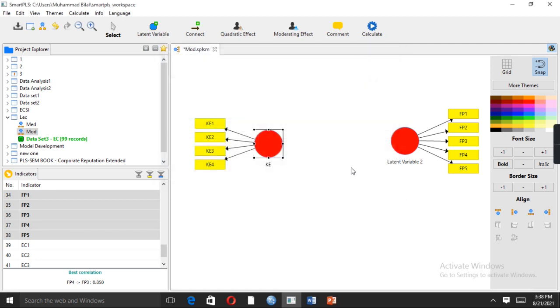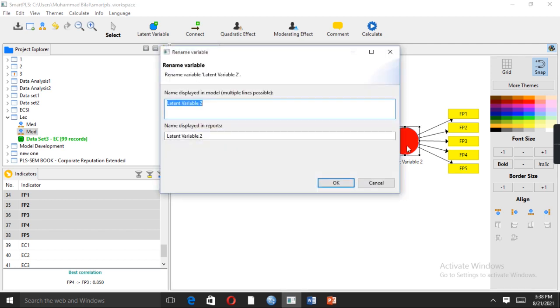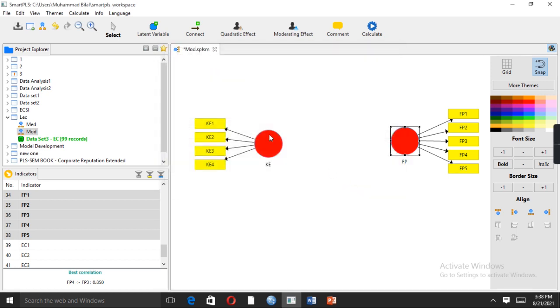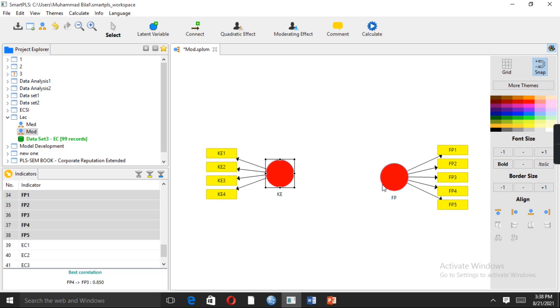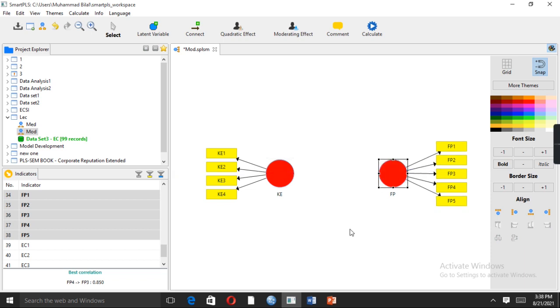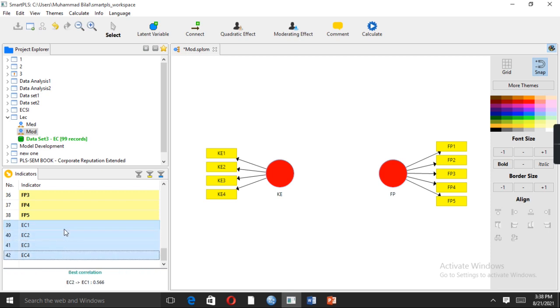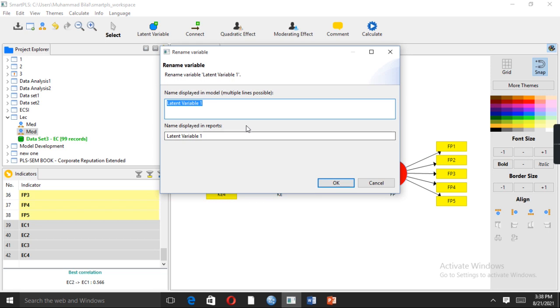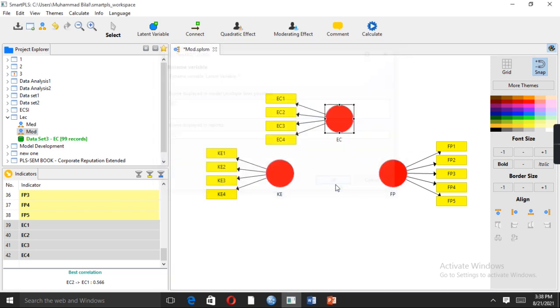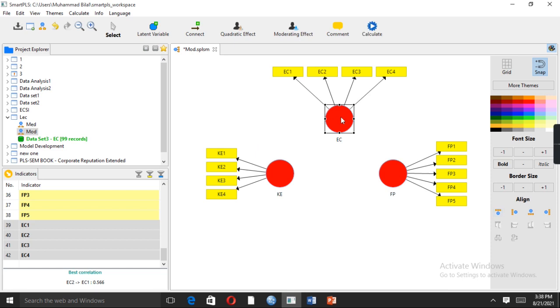KE stands for knowledge exploitation, whereas FP stands for firm performance. Similarly, we have a moderator variable, for example EC. EC stands for environmental consequences. So this one is our moderator variable.